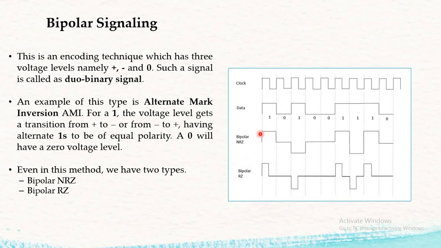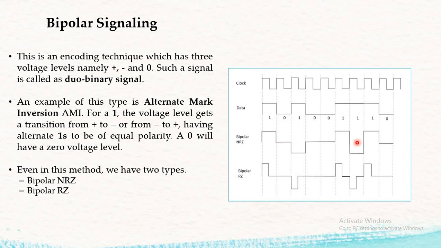In case of bipolar NRZ, for a positive value it is a 1 throughout, for 0 it is a 0. For the next 1 there is an alternate in value, which means in a bipolar signal, whenever the signal is 1 it will show a transition. Therefore it is called alternate mark inversion. Here, for the first 1 the value is represented by 1, but for the next 1 the value is inverted, therefore it is shown by a negative value. Similarly the next one is a positive value, the next one is negative and so on, but in this case your 0 remains as it is.